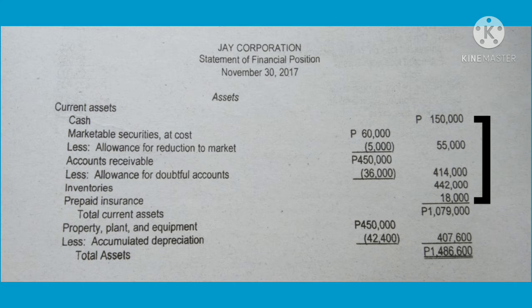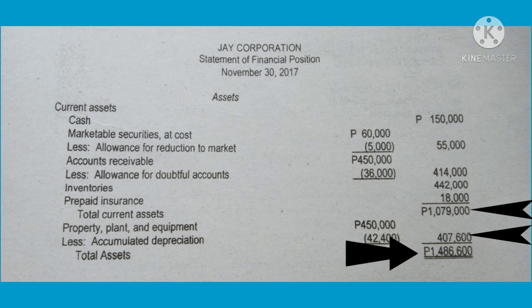Adding all current assets will result to total current assets of 1,079,000 pesos. For the non-current asset, we only have property, plant, and equipment of 450,000 pesos. It is composed of 426,000 pesos of PPE from the previous statement of financial position plus 24,000 pesos from the sixth correcting entry, less the accumulated depreciation of 42,400 pesos, which is also composed of 40,000 of the accumulated depreciation from the previous statement of financial position plus 2,400 from the sixth correcting entry. Total current assets of 1,079,000 pesos plus the non-current asset of 407,600 pesos is equal to total assets of